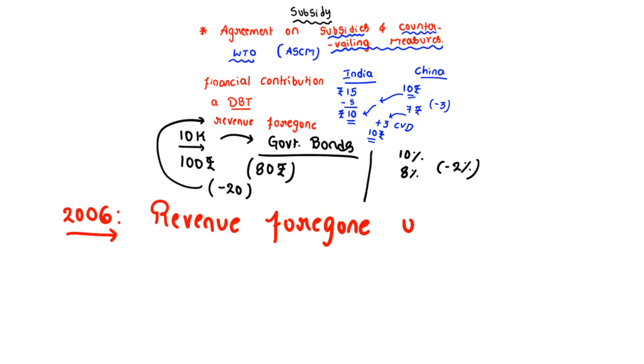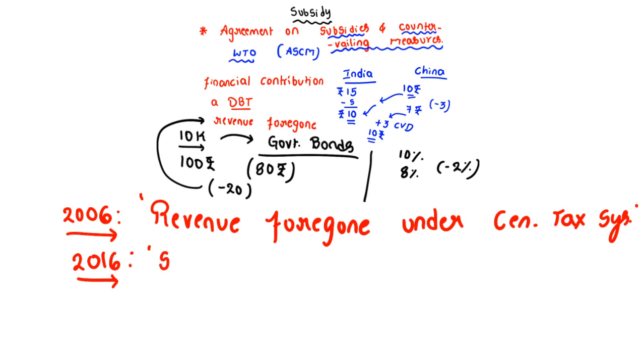Foregone under central tax system. Are you getting? Government used to have this practice. Along with the budget, government used to provide this statement to the parliament. But from 2016, the present day government have changed this from the revenue foregone to